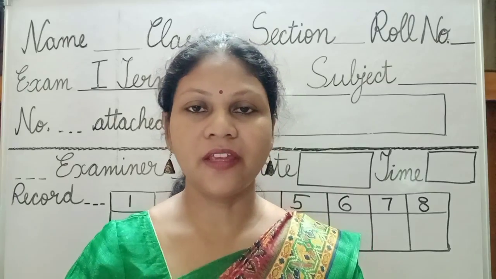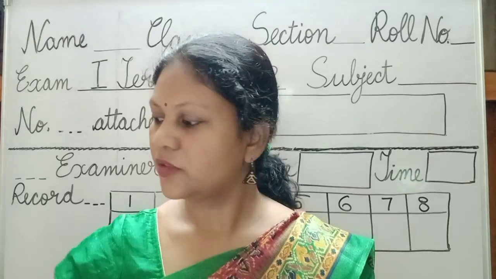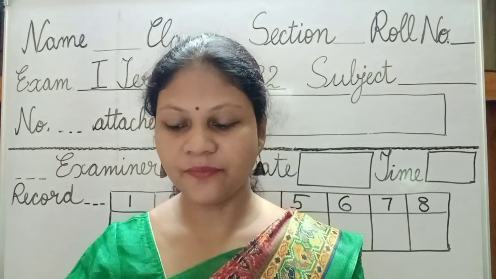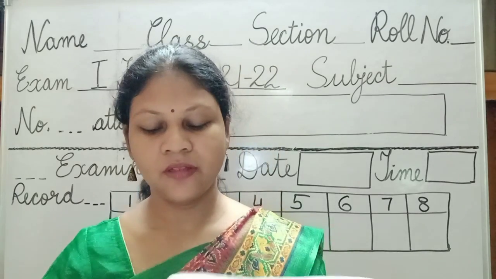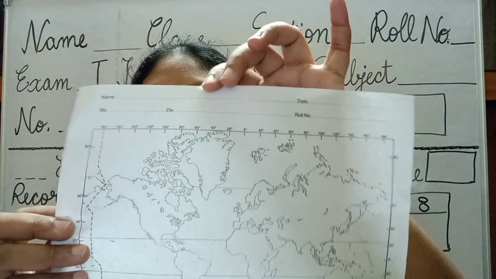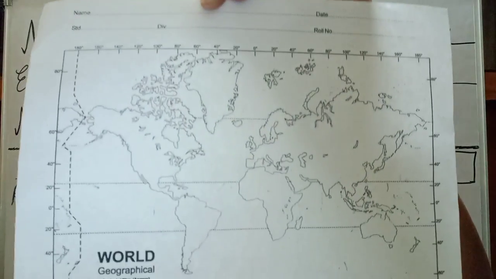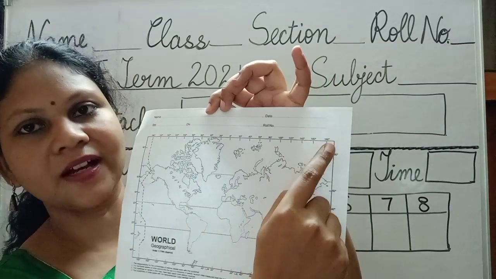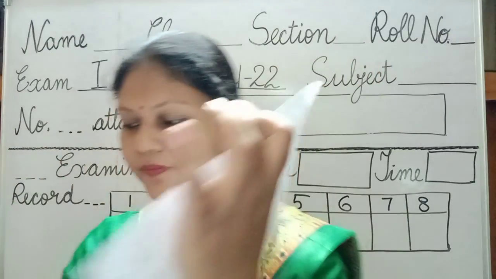As well as in your geography exam where you require a map. So once you complete solving all the questions in your geography exam, the last question can be your map work. So this is your map. On the top you may find some details to be filled, which have to be completely filled by you, and this map also should be duly signed by your parents. Ask them to sign here or either here. Okay?